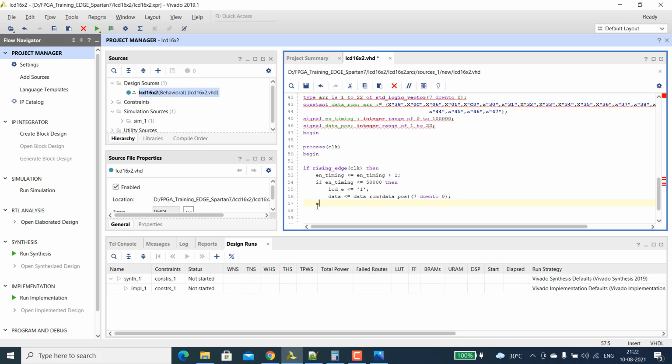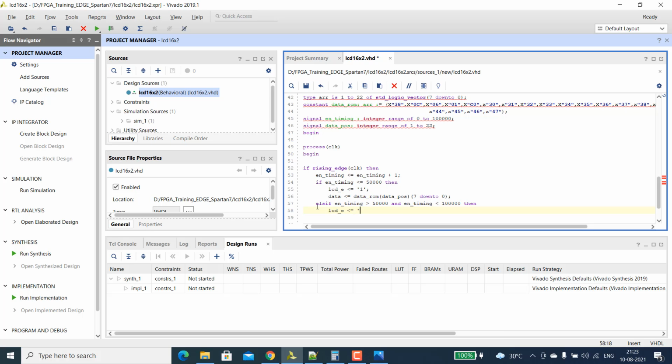Then we have to provide the else if logic. Here enable timing greater than 50000, and again enable timing less than 100000, then LCD enable is 0.